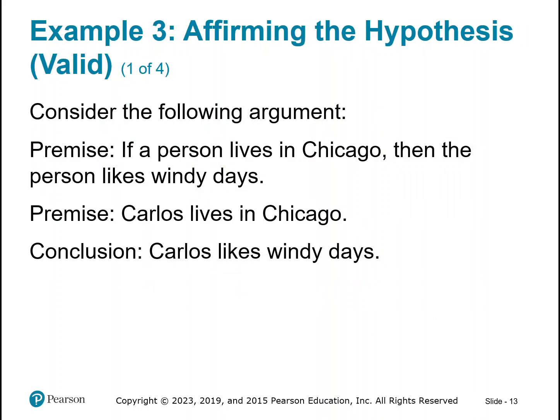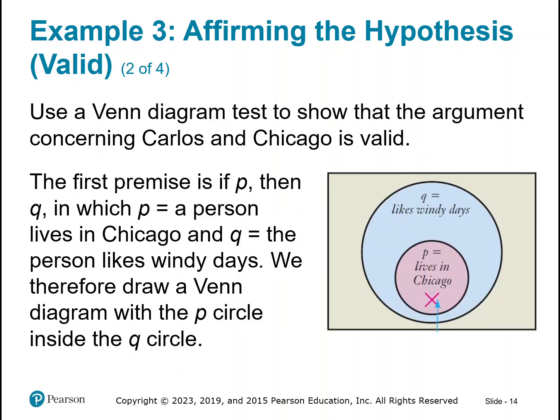Let's look at affirming the hypothesis of a valid statement. Consider the following argument. If a person lives in Chicago, then the person likes windy days. Carlos lives in Chicago. Our conclusion? Carlos likes windy days. Let's take a look. We're going to use a Venn diagram to show that the argument concerning Carlos and Chicago is valid. If the first premise is P, then Q, in which P is a person lives in Chicago, and Q is the person likes windy days. If a person lives in Chicago,